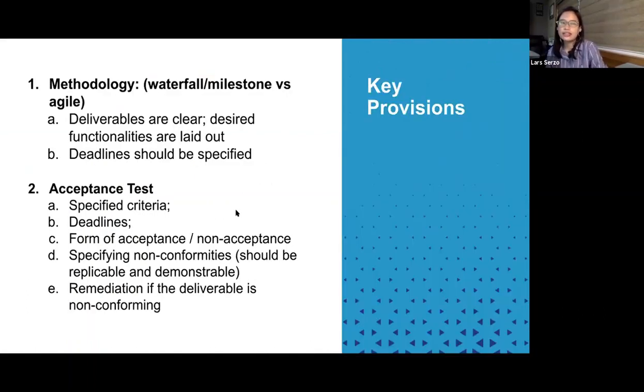All right, now, so let's say that you have identified that your organization needs a certain piece of software either for your product or for your internal processes. So let's say that you've identified that you need something from scratch or something customized. So it's important to put into writing what those deliverables are. If this is software, the desired functionalities should be specified in your contract. So it's important that your legal team and your tech team work and communicate effectively. And then, of course, deadlines should be specified.